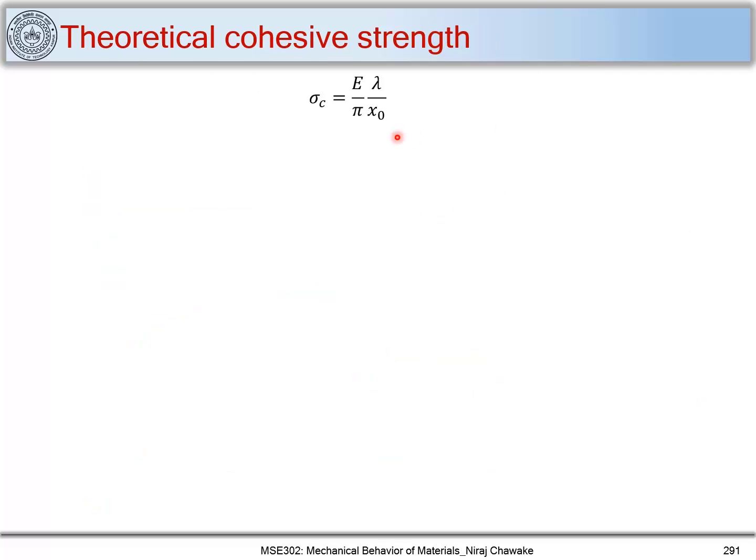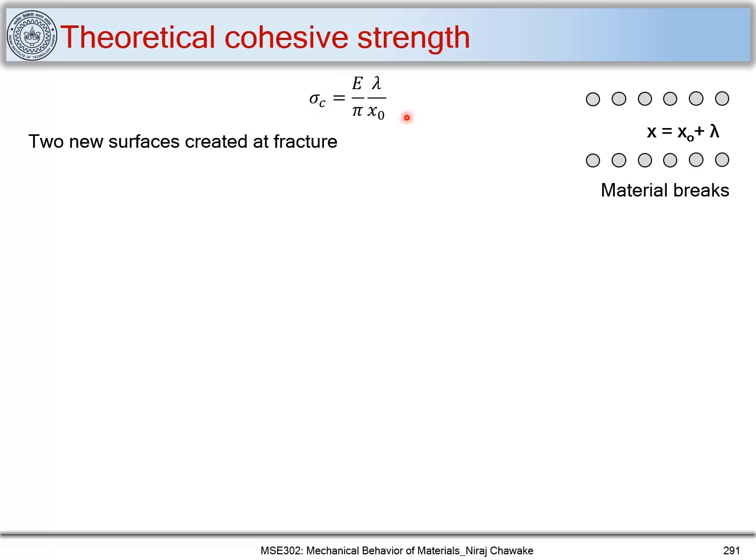So we have this relation sigma c is equal to E upon pi, lambda upon x naught, and we know that there will be two surfaces which will be created when we have a fracture. Let me explain it to you. We have marked this as one area, so we have these two areas which have been created when we have fracture of a material, and this area will be associated with some amount of surface energy. Let me mark that also. It will have some amount of surface energy, and